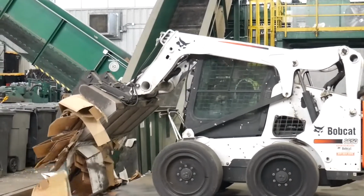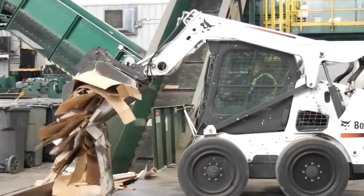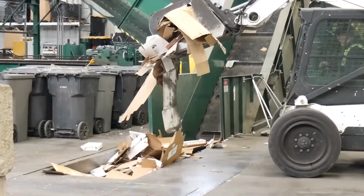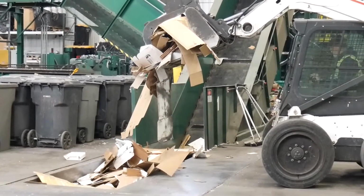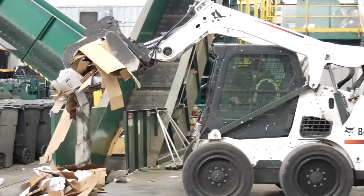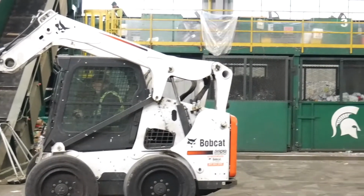We do this with all the commodities, whether it be paper, plastic, or cardboard. And as you see, he dumps it a little bit on at a time. That way our sorters up on the line, who are sorting everything by hand, are able to pick out the contamination, the styrofoam, plastic liners, that sort of thing, and make sure that we have a pure product of cardboard